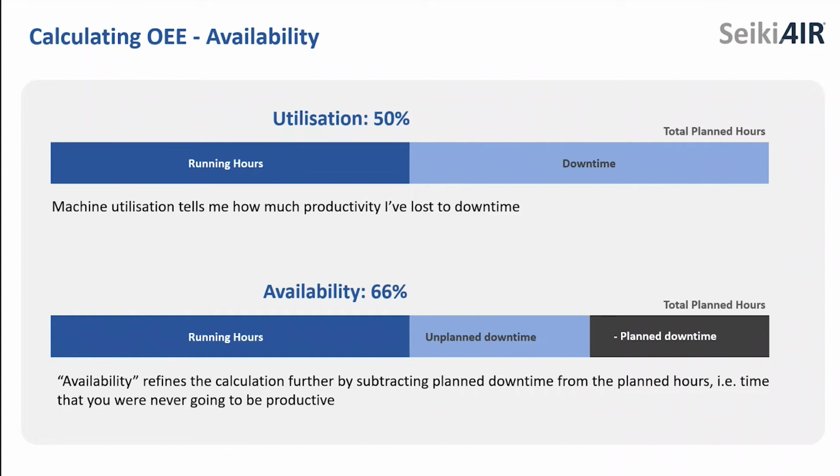So as I say, in our matrix, we give you the flexibility to define what those activities are within your organization. And we take that, we remove that from the total planned hours. So when we're calculating the performance in terms of availability of that resource, we're taking into account the refined period of time that it was actually able to run for, and looking at that